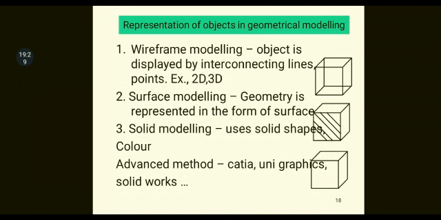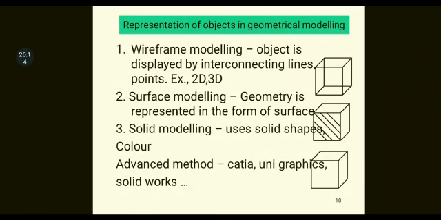Topmost picture, that is a small cube, first one. You can see different lines. Each corner is a point. Each corner is joined to another corner. It's a line. You can see, this is what we say wireframe modeling. All the lines, points are visible. This is the first basic thing, that is wireframe modeling. The object is displayed and it is interconnected with the lines, points. That is what we call wireframe modeling. Any line you put and join everything, I can say it's one of the objects, some shape. Here I have shown a cube.